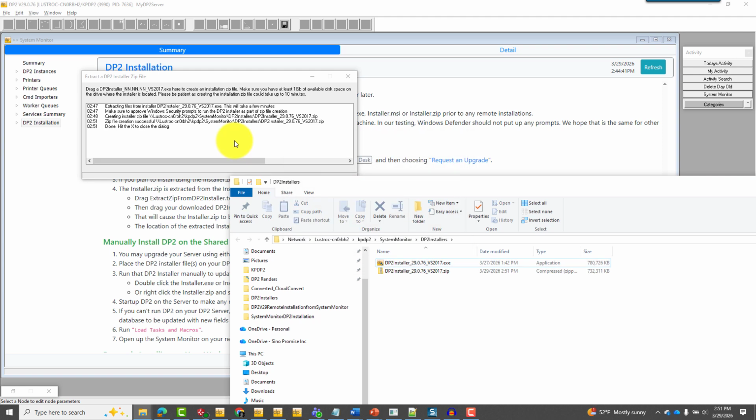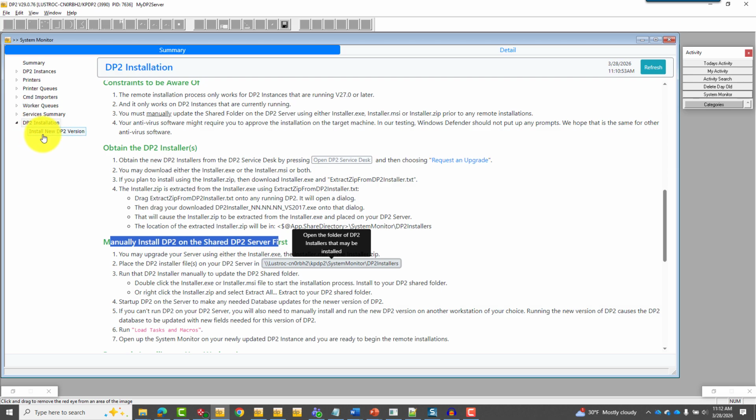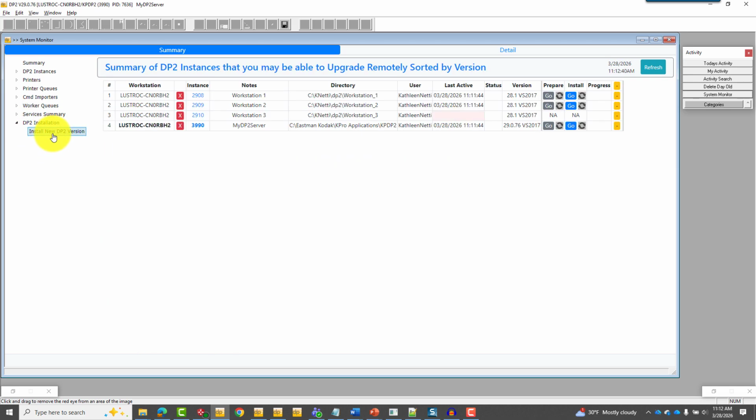And after a few minutes here, you can see that the zip file is now complete inside of that same DP2 installers folder, and the message in your extracted DP2 installer zip file indicates that the zip file creation is successful and to just go ahead and close this dialog. So I'm going to go to the next page, install new DP2 version,